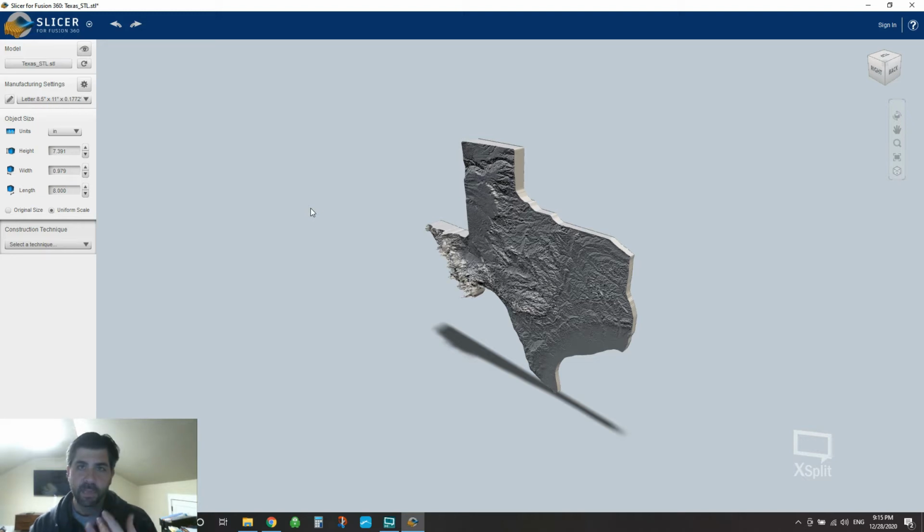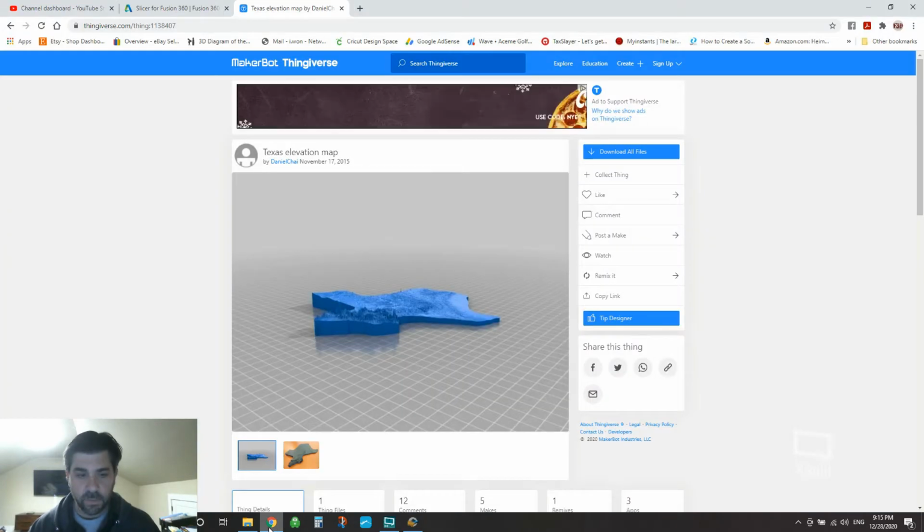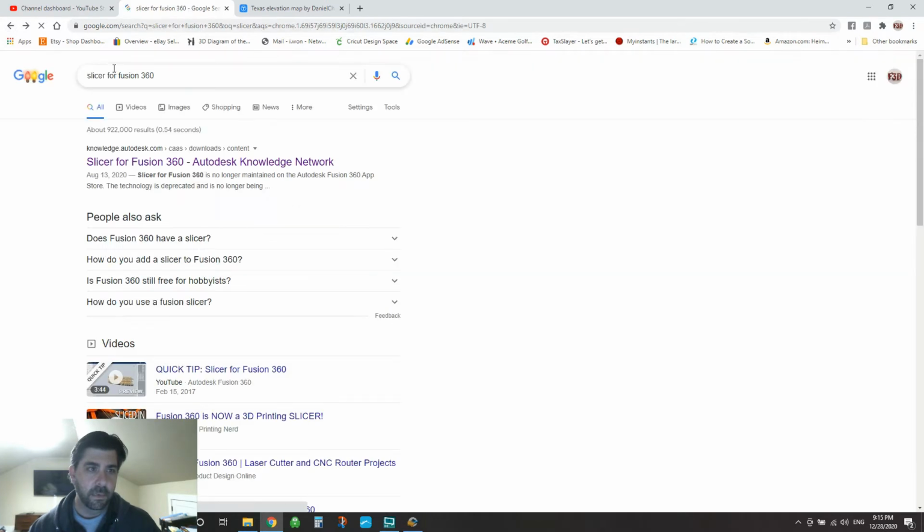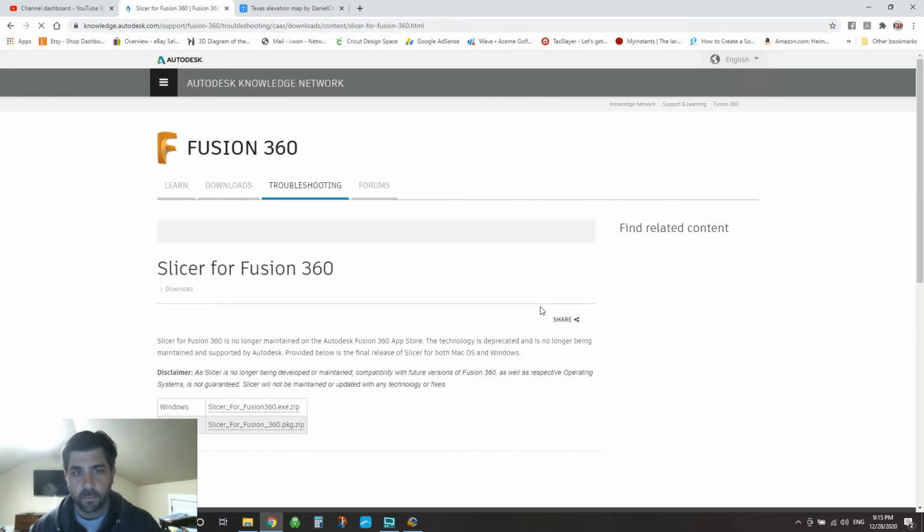But if you have an STL, or let's say you have a body that you've exported out of Fusion 360 and you want to do this, you can. So the way you used to get this is you would go into Fusion, you'd go to your add-ons. You can't do that anymore. So a real simple way to get Slicer still is just to go to the old Googles and type in Slicer for Fusion 360. The very first article that pops up is this one,